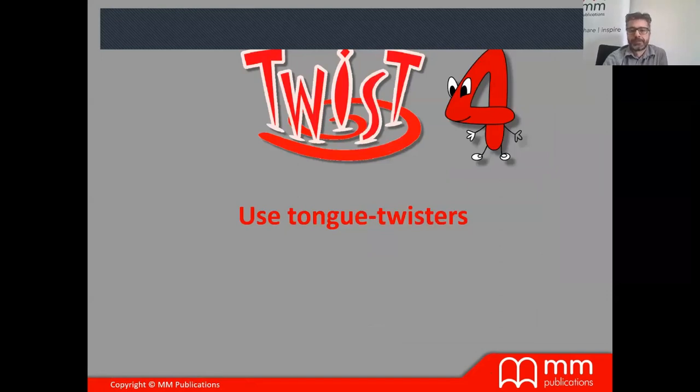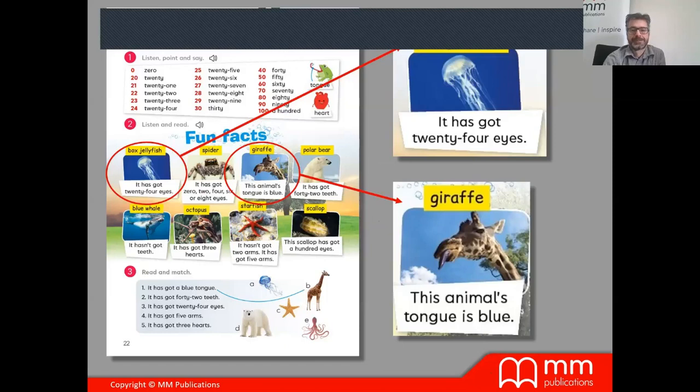Another nice, let me go back to this fun fact. I want to add something that I didn't put in the slide, but I usually play this game with teachers when we do the teacher training live. What I have done is I have photocopied this page, and I have cut these little papers, and I give each student an animal like this, with this information. But the others don't know. It's a secret, okay? He has to keep it a secret.